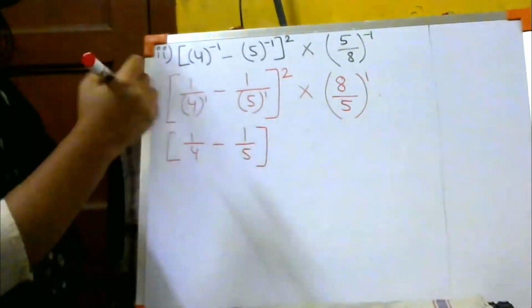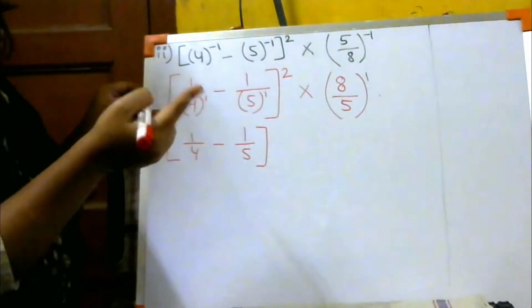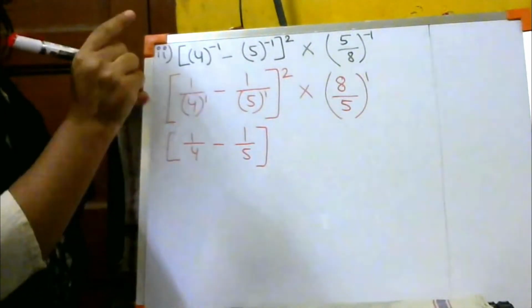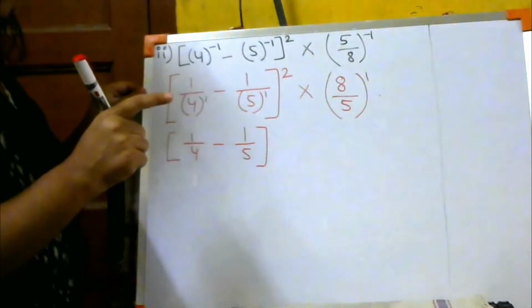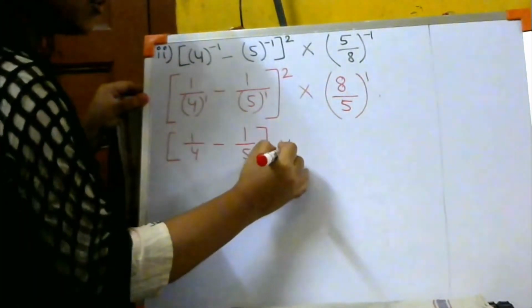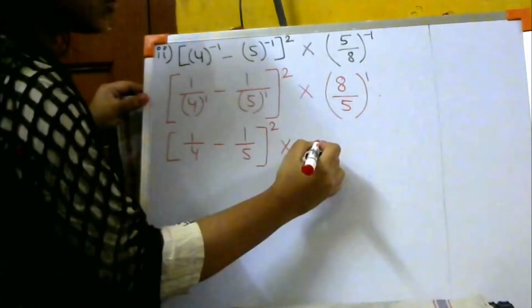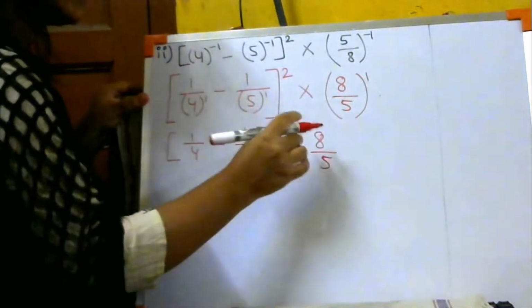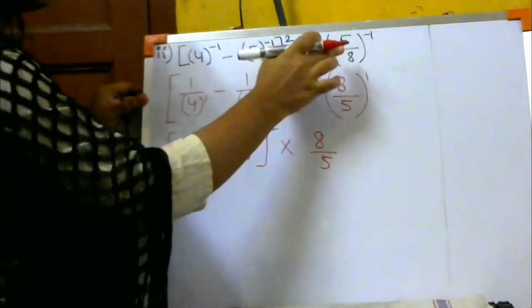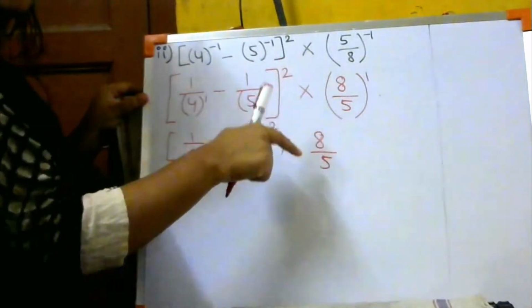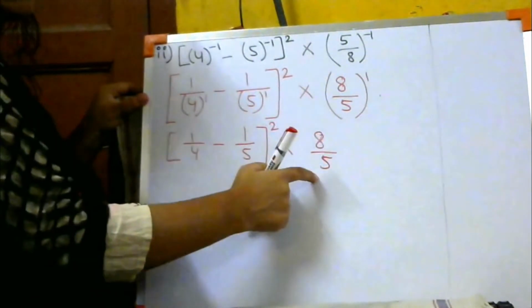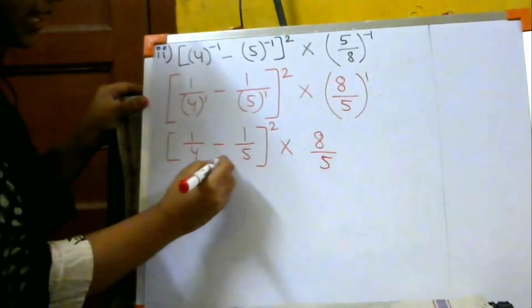Listen, every time I am not going to explain what is law of exponents. You people need to keep the law of exponents on your fingertips. Fingertips means no cheating, you have to remember it. Okay? Now, into, this is whole square, into 8 by 5 to the power 1 means 8 by 5. 8 by 5 to the power 1 means this thing is only one time. Okay? That is what I am doing over here in these three things. Now let us do the LCM over here.